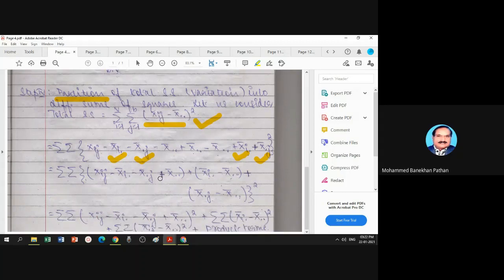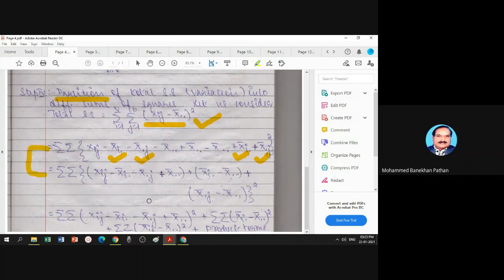Now what I do, I write this expression in various brackets. I take mean of treatment minus overall mean, that means this minus x bar double dot here, plus mean of block minus overall mean. So this adjusted here, this adjusted here. This is taken in this bracket. So xij minus x bar i dot minus x bar dot j plus x bar double dot is one bracket, and the rest like this. So it is a rearrangement of this step. So this and this are similar.